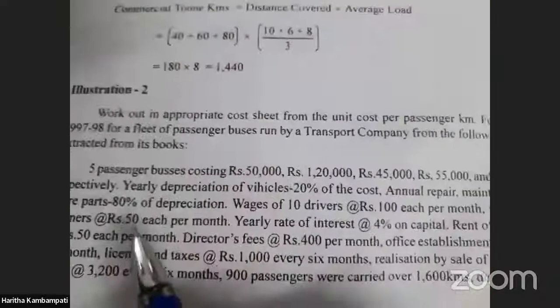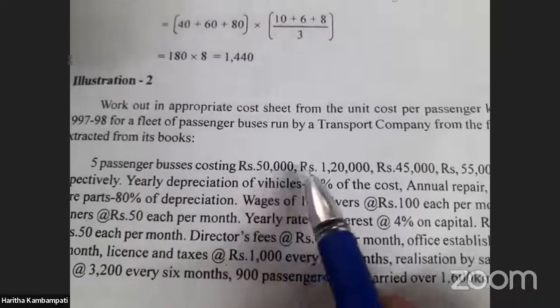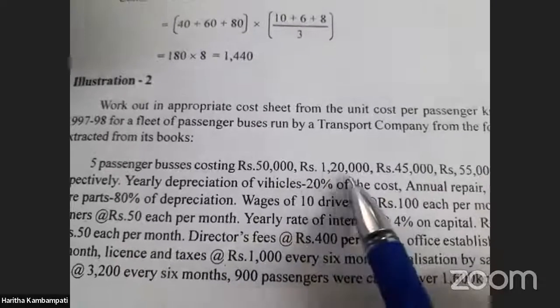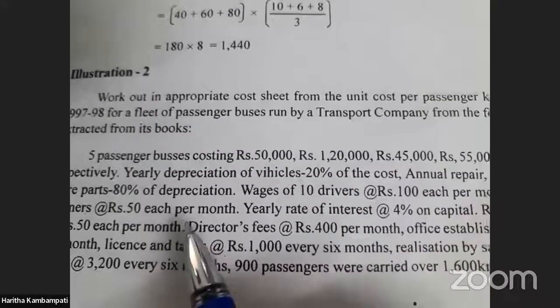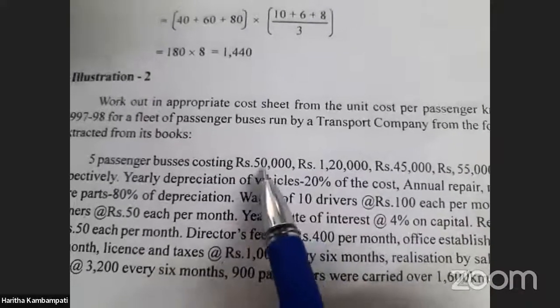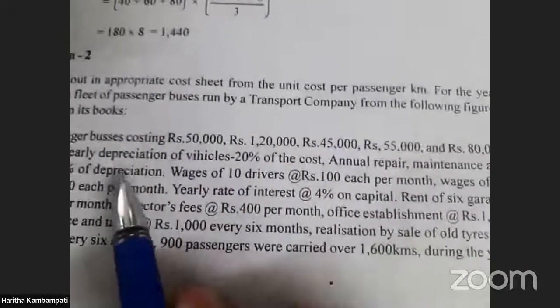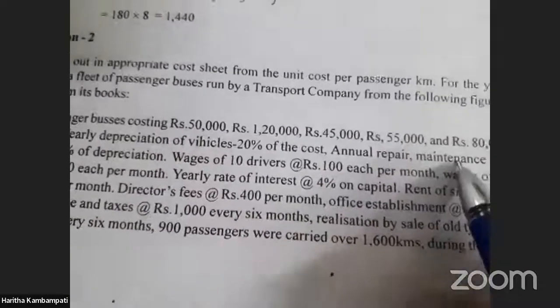So for that, what is the data? Let us see. Here 5 passenger buses costing respectively 50,000, 1,20,000, 45, 55 and 80. So they invested this much amount on buses. And depreciation they have mentioned, repairs and maintenance,